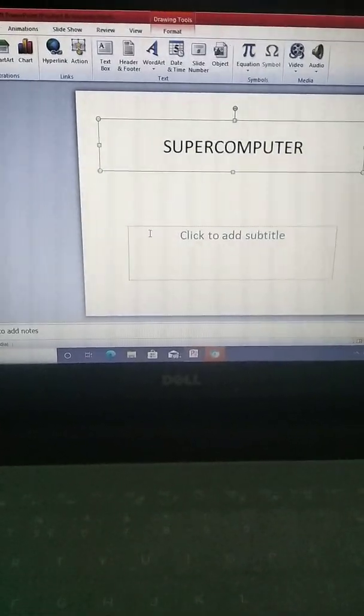Now children, you can also see here, this is the thumbnail of the slide. When you add one slide, it will appear here. From here you can make the arrangements of the slides also, that which slide will come first and which slide will come second in the slideshow view.